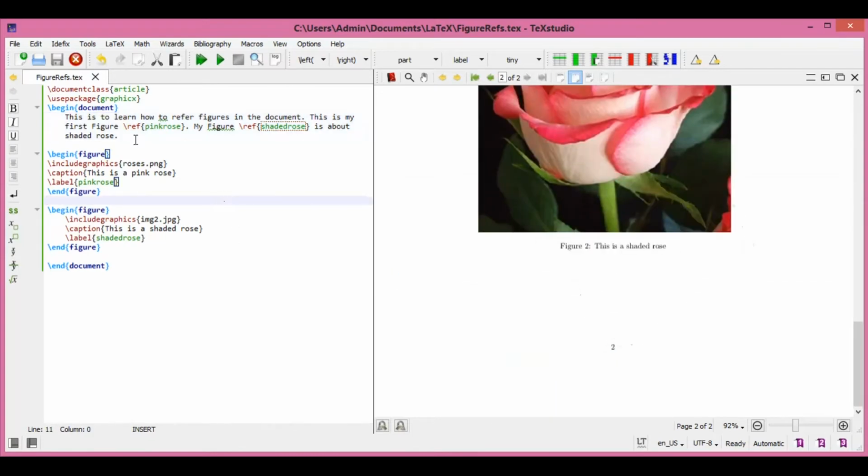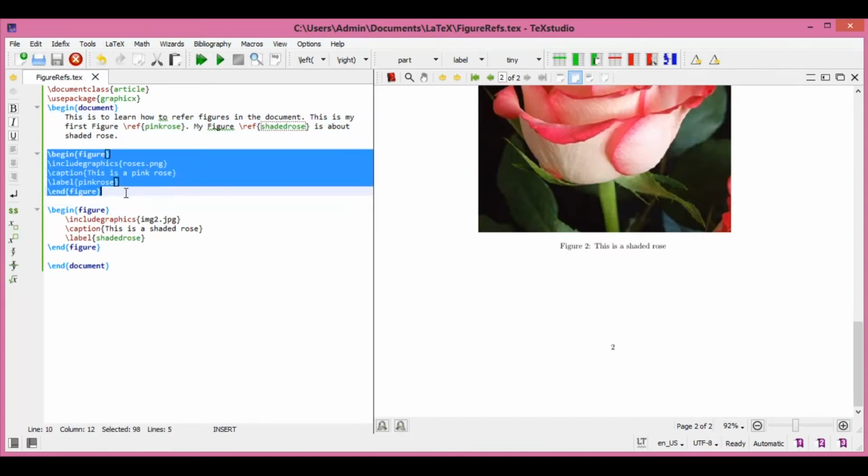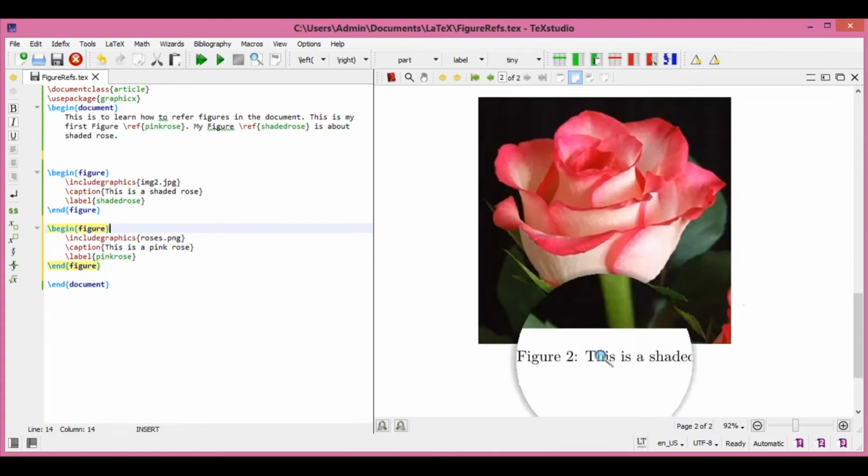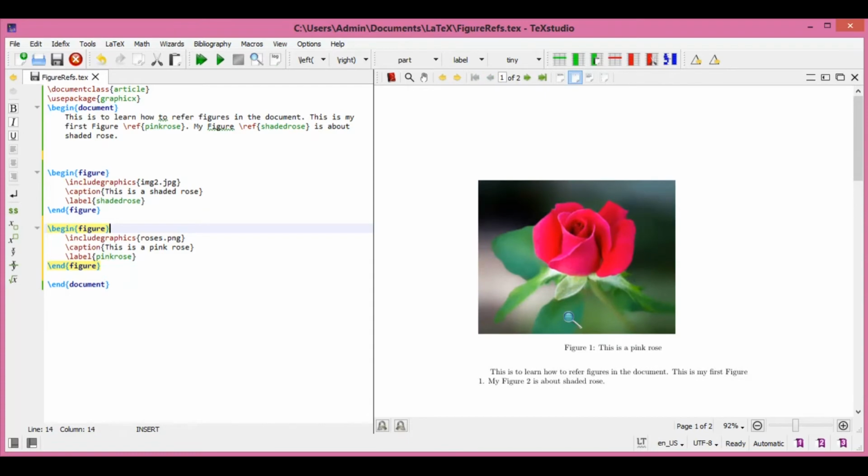Now the advantage of using these labels is, for example, for some reason after the document is generated, I reorganize the order of the figures in the document. For example, I make the pink rose the second figure and the shaded rose the first figure. So if you change the order, this becomes figure 1 and this becomes figure 2.